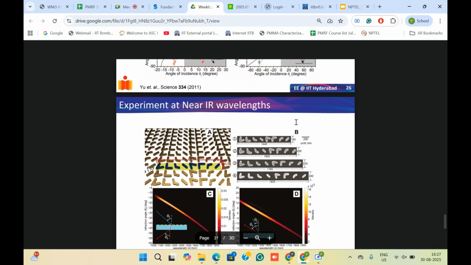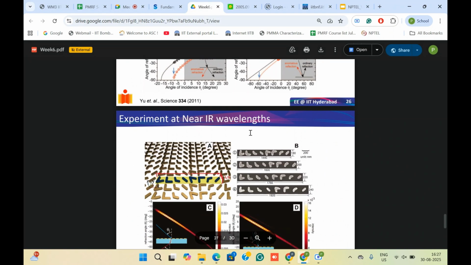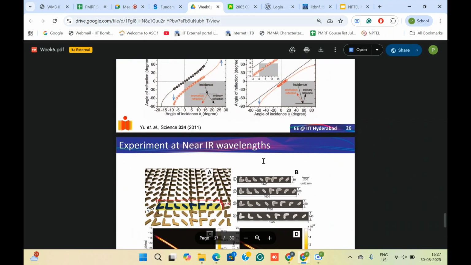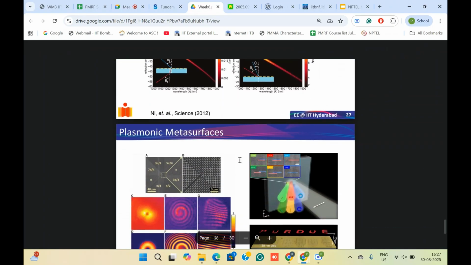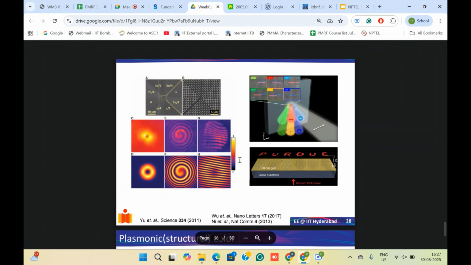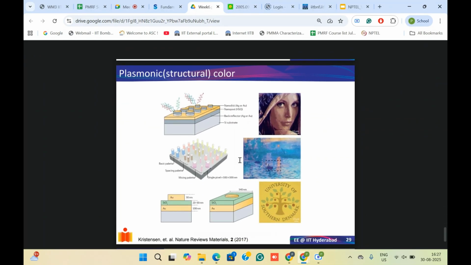It will have a different effect. It was large in size, but when we did it in the near IR range, the structure size reduced, and it's in the range of nanometers. So these are the harmonic metasurfaces, which we can also use to generate holograms. And these are the examples where we can generate a color palette by designing different heights of the disc, which is made up of gold or silver,